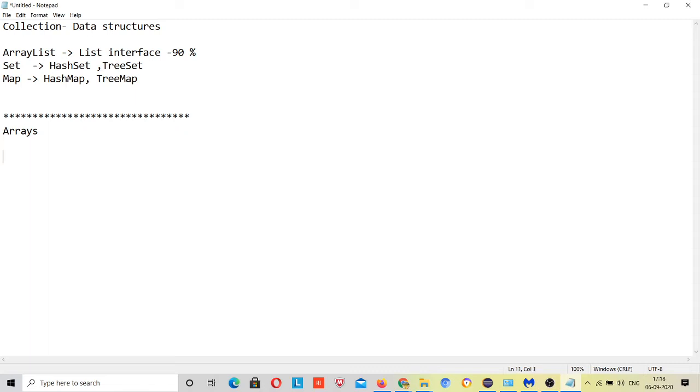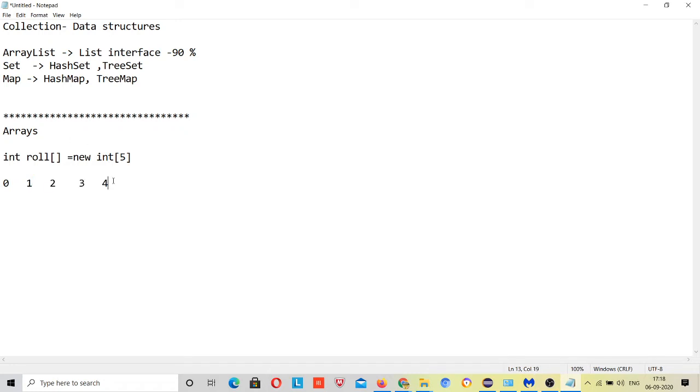Suppose I have declared an array like this: int roll equal to new int, right? So 5 positions are assigned for the array: 0, 1, 2, 3, 4. Starting from 0 to 4 there are 5 positions, right?